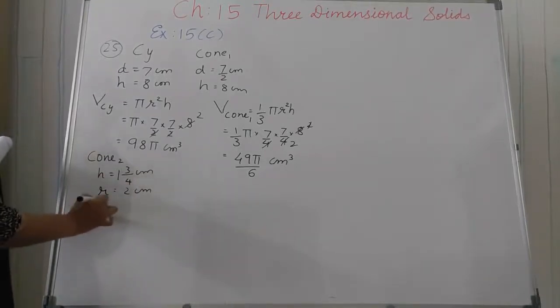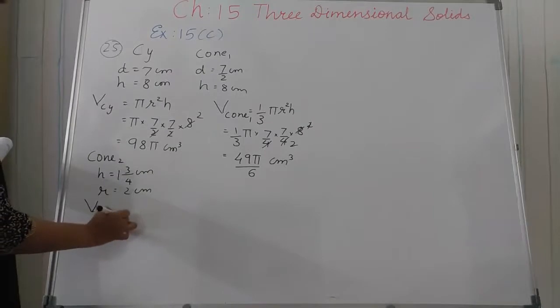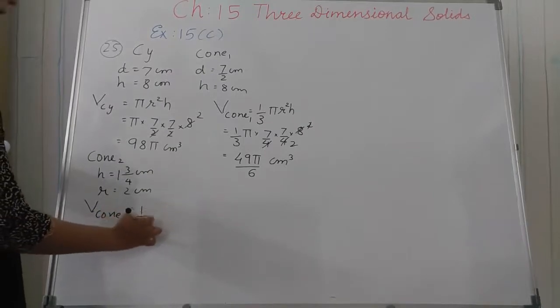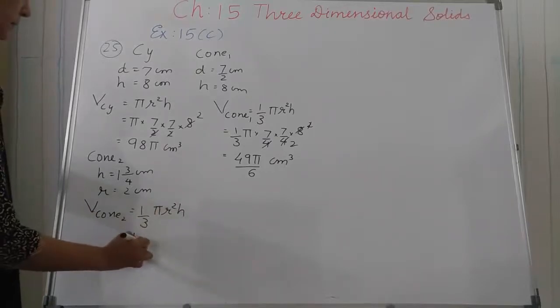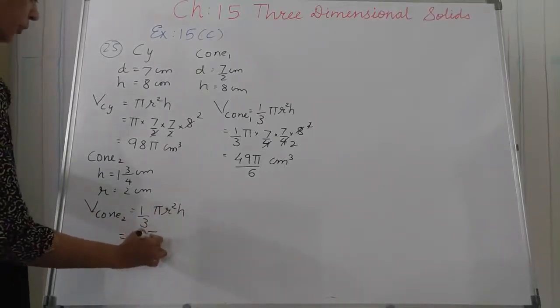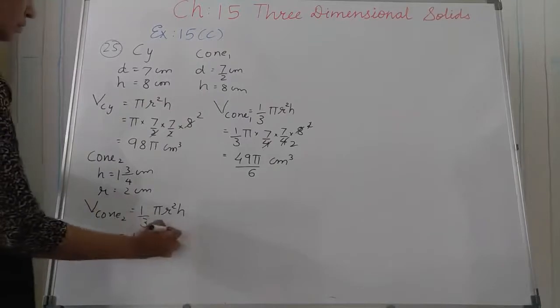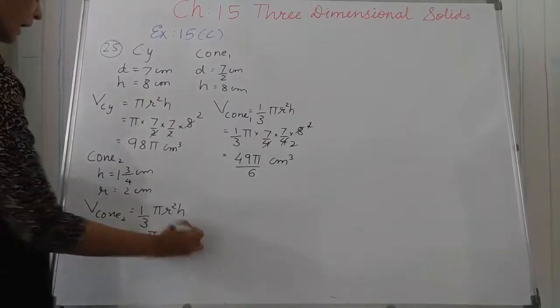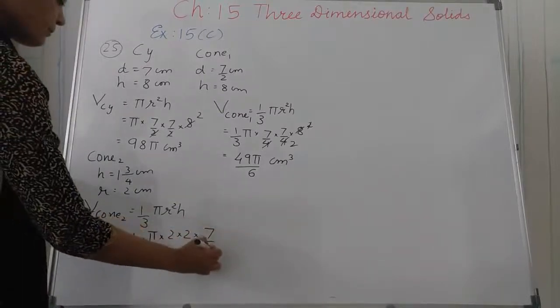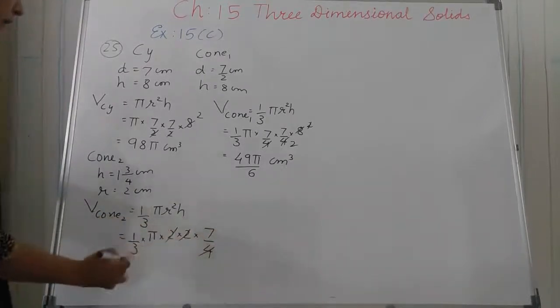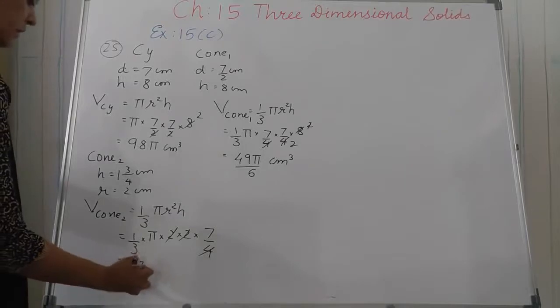So for that we find volume of cone 2. That is also 1 by 3 pi r square h. 1 by 3 as it is. Pi value do not put. R square, that is 2 into 2. And h is 4 ones are 4 plus 3, 7 by 4. So this 4 gets cancelled. So here 7 pi by 3